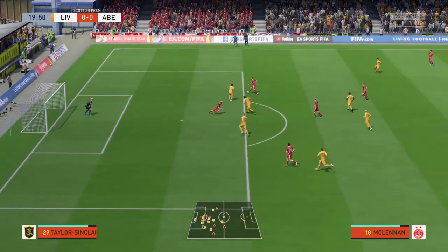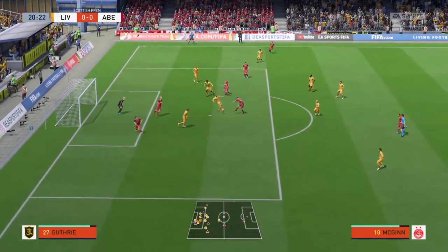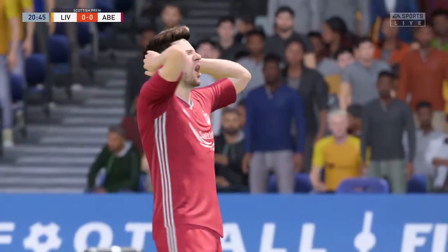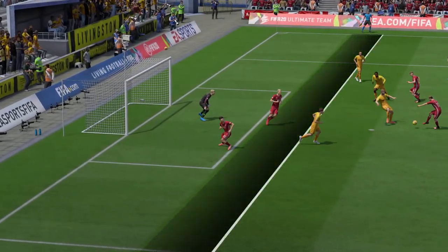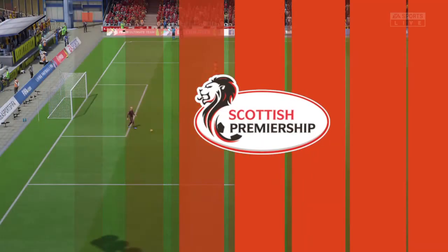Sibbald tries to put it through, but McGinn, and they're just not getting the ball clear. McGinn now finds McLennan. McLennan's got a little bit of space on the edge of the box here, and he manages to get it inside, and it's an excellent shot, but it's the post. And how has he missed that? Well, Matty Kennedy will be furious with himself here. He's a mile offside anyway, but McGinn has hit that so well. It's come back off the post,